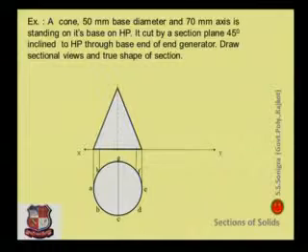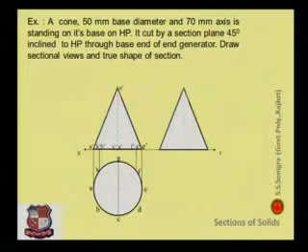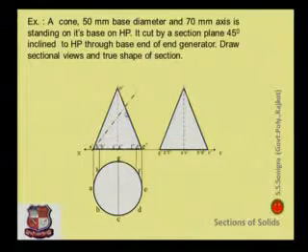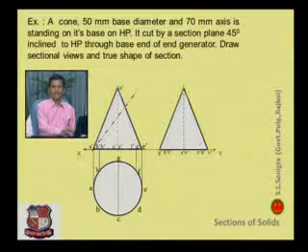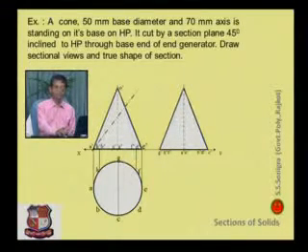Draw vertical lines from all these points, make a triangle having the given height, draw its side view by taking projections, and draw the sectional plane, that is, it is cut by a section plane inclined at 45 degrees to the horizontal plane through the base end of the generator. Here the cutting plane passes through the base end of the generator, means this point A dash is the base edge of the generator. So from this point draw a cutting plane line. This is the cutting plane line, and this makes an angle of 45 degrees with the XY line.